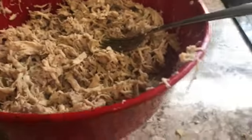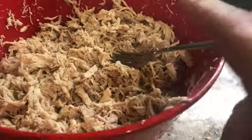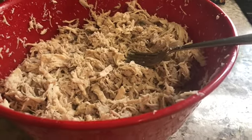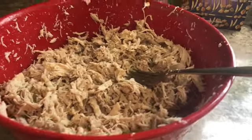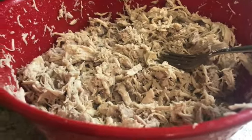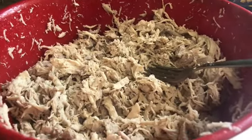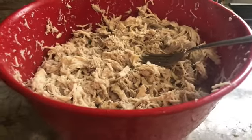So I shredded this with my hand mixer, which works like a charm, but it's a bit messy. This is a mixture of boneless, skinless chicken breasts and thighs, and probably half of it is going into the enchiladas tonight, but the other half will go to other meal prepping lunches for the week. That way I can have easy to go meals while I'm sitting here working, because I'm still working from home, and this gives Caleb grab and go things to take to work with him,